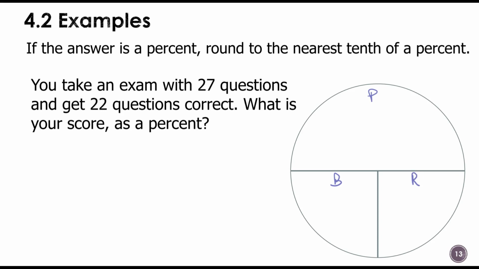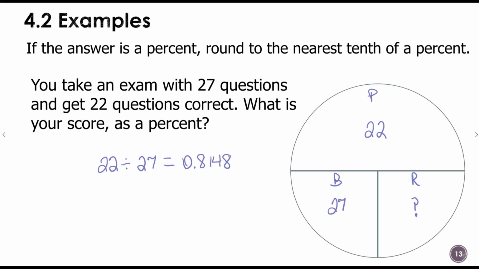You take an exam with 27 questions and get 22 questions correct. What is your score as a percent? Okay, so we're looking for the rate, right, your percent. The base is 27 because there were 27 questions. We got 22 of those correct. So the calculation would be 22 divided by 27, which is